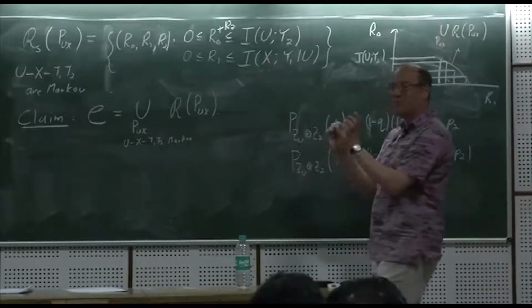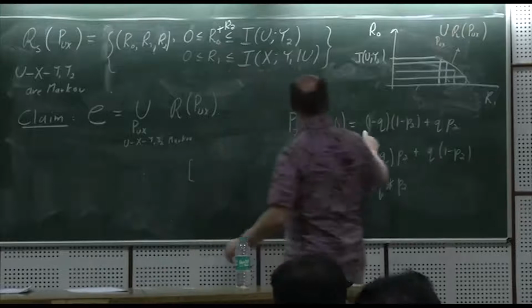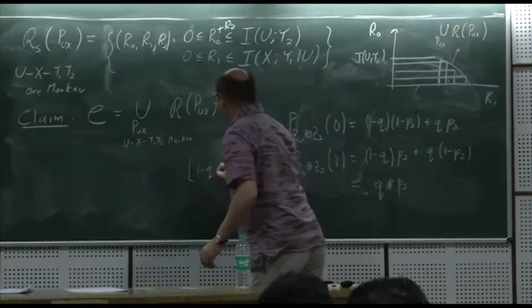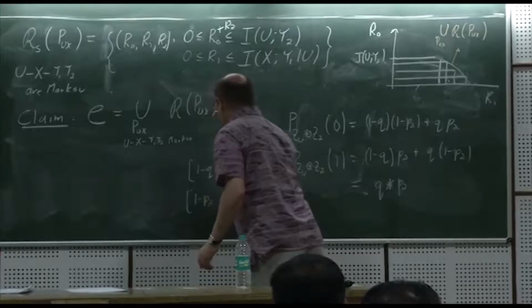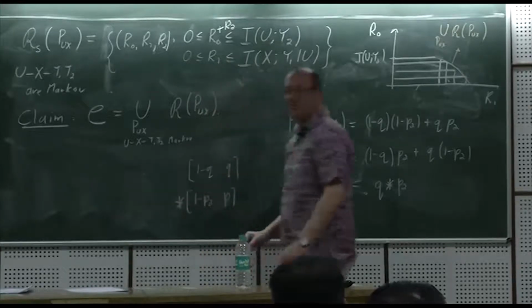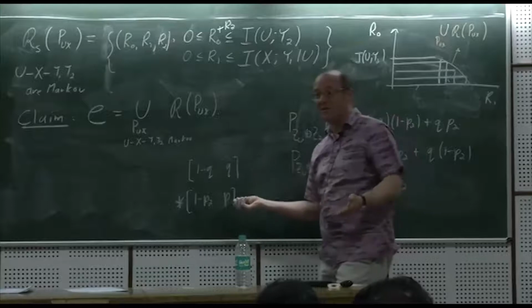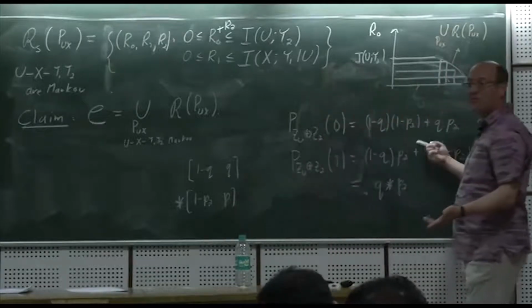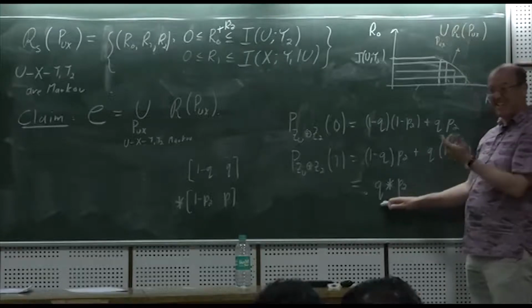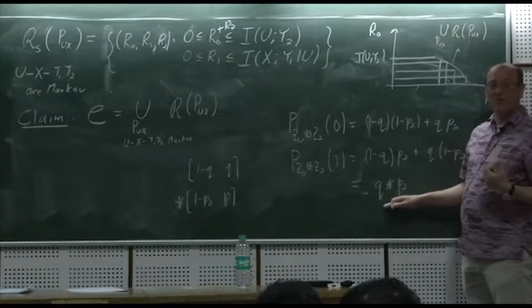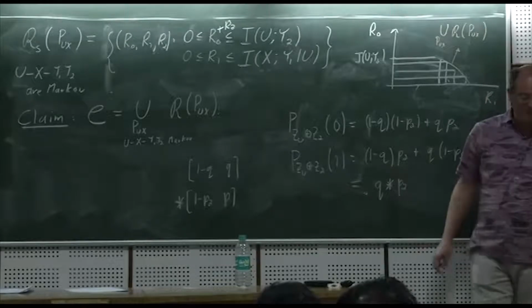What one is thinking of is two vectors. The first vector is (1 - q, q). The second vector is (1 - p2, p2). And suppose I take the convolution of these two vectors cyclically, the cyclic convolution, well then I just get these two numbers, right? So in fact, this really is one of the parameters of the convolution, and that's actually important for